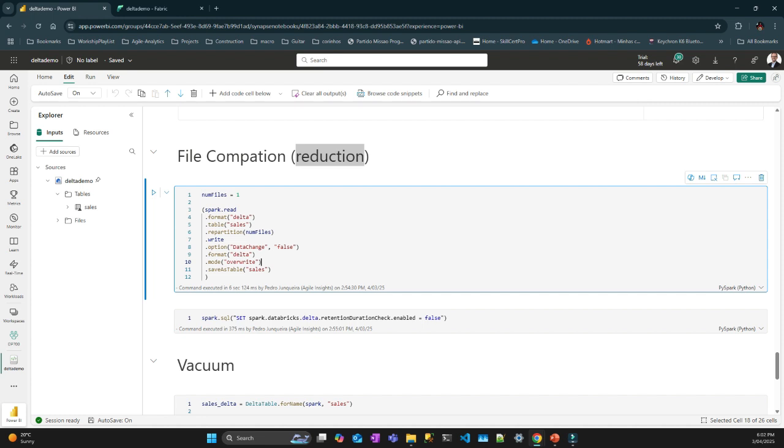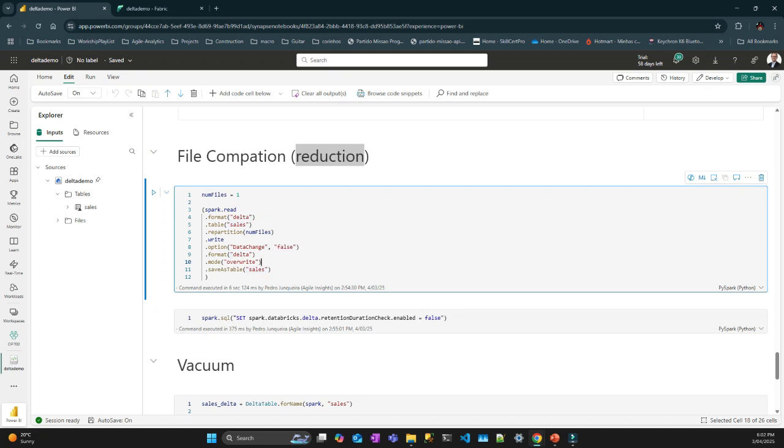You can set up a log retention duration, and then once you do Optimize, it can reduce the number of files. But you have the option called repartition. Repartition, in the sense that you give the number of files that you want to reduce the table to. That's a best practice recommended by Delta. So if I run this and I want to get that sales table rewritten, no data change,